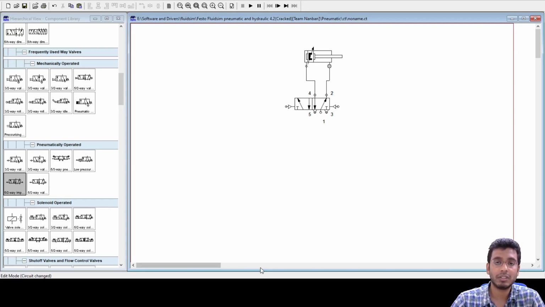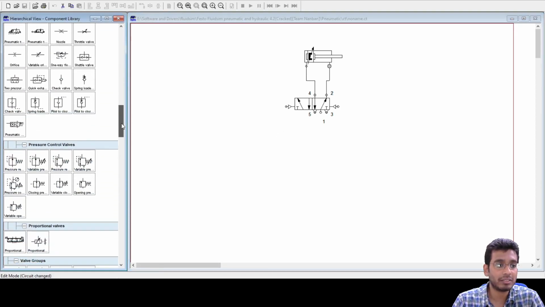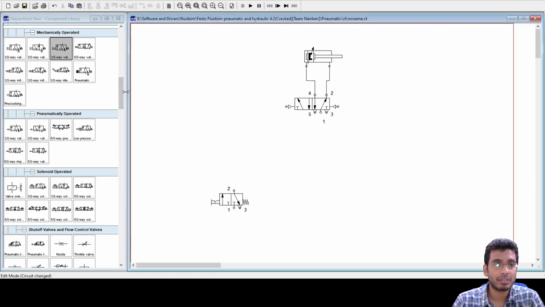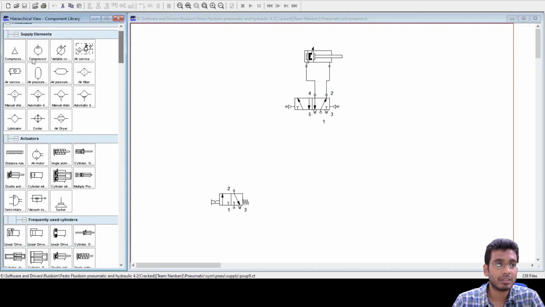Your cylinder would extend, and of course you also require a compressed air source.